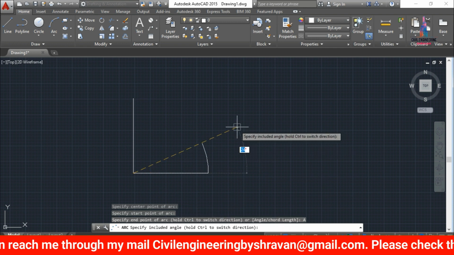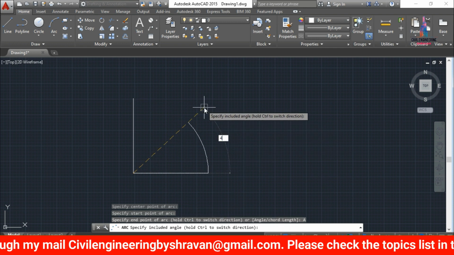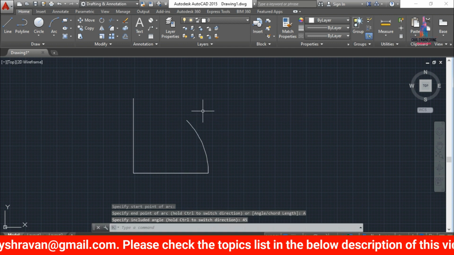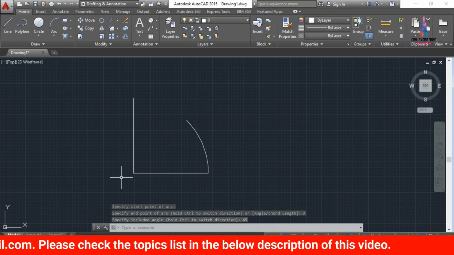Here we have to select the angle. Let us consider the angle is 45 degrees. Click on enter option. So it will draw your respective arc like this. If you want to measure the